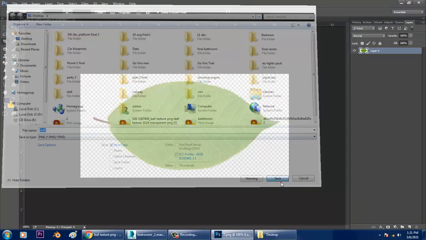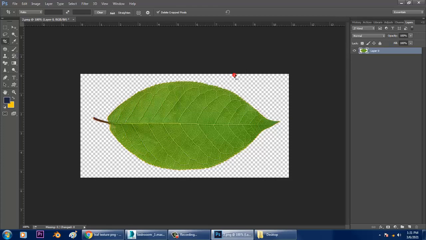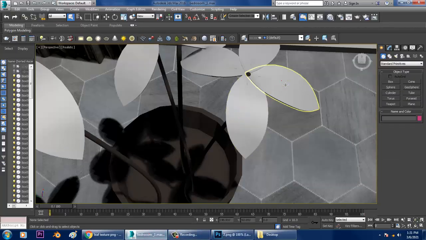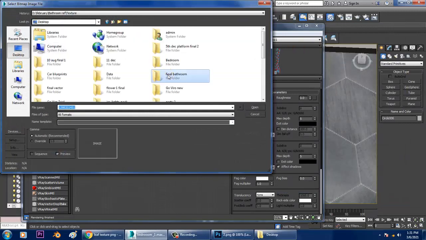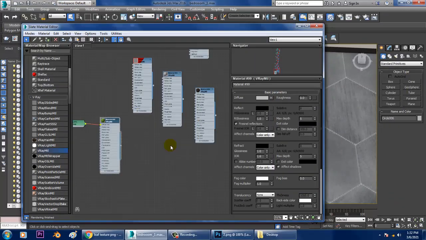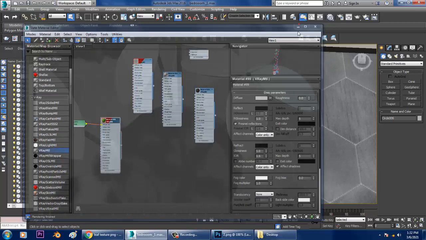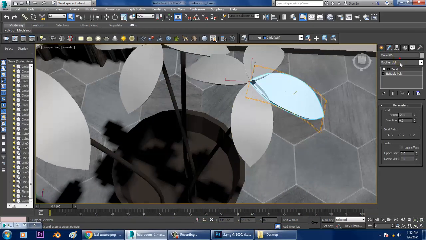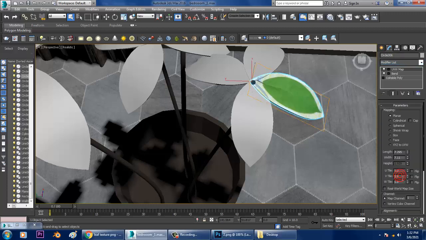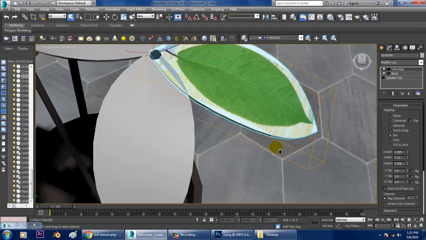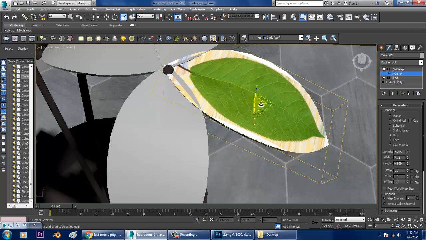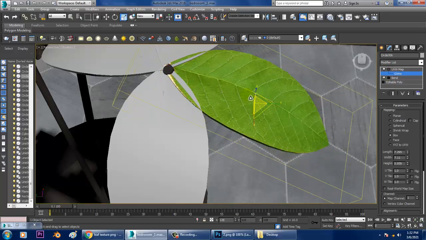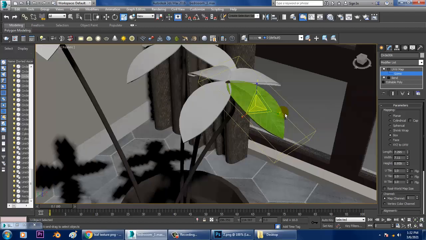Just save it in PNG, and let's go into this material. UVW map, box. You can just set it in that way. I can go into this gizmo and slightly scale this. Much better. Now it looks good over here.